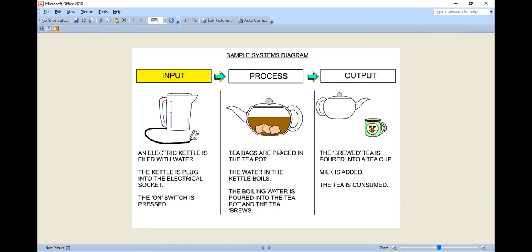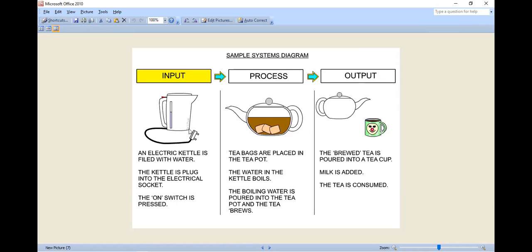After this process, after providing heat as a process, what will you get? You will get tea. So tea is an output. You have to serve this tea. If you want, you can add some extra milk or extra sugar, that is additional output.